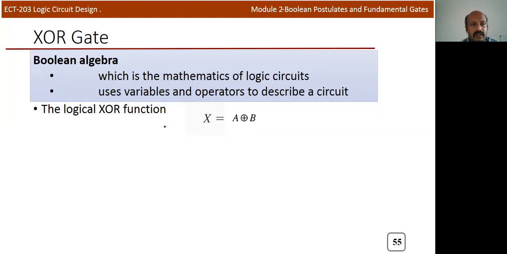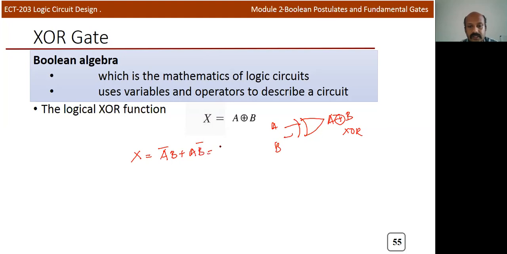And the Boolean algebra or the logical function which defines XOR gate. So we are using a standard symbol to represent the XOR operation. If this is a gate, with A B input, for the XOR operation we will write a plus sign and put a circle here. So this is the XOR symbol. If it's simply OR operation, we put a plus sign, and to represent XOR operation, we put a circle above that. And this XOR operation, we can also define like this: A bar B plus A B bar. So this A XOR B, we can also define like this.